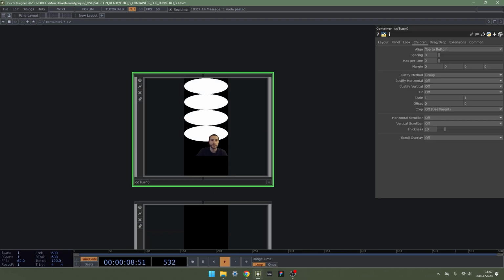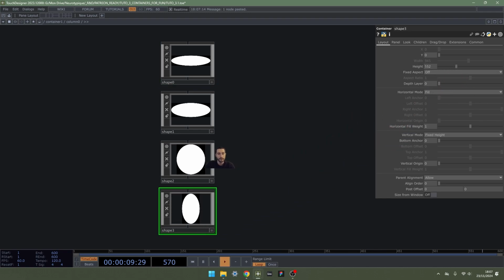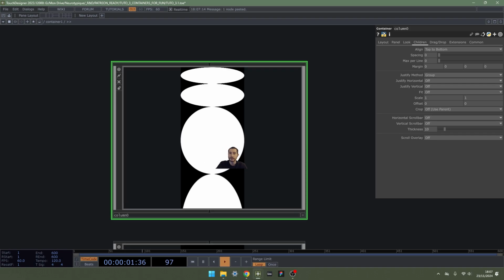And now we have it. Obviously, if we set manually different widths and heights, we're going to have kind of what we want at the end. But we don't want to copy and paste manually, and we don't want to set the height manually for each one. So let's automate this.